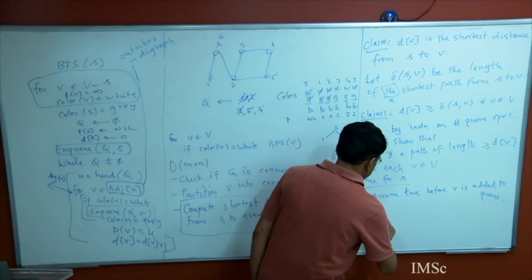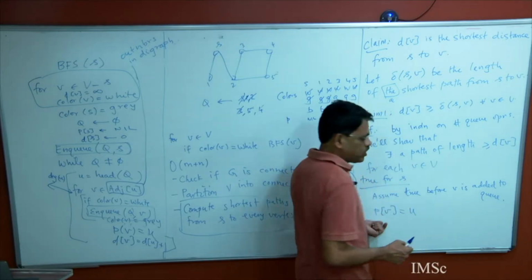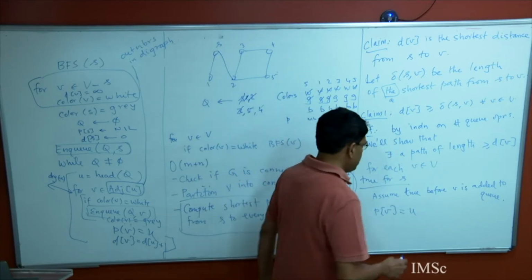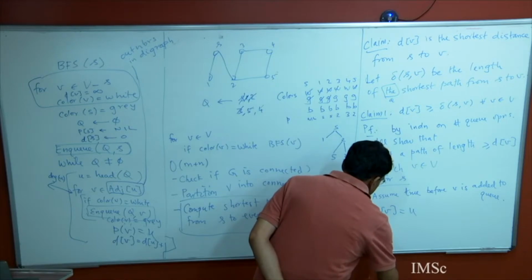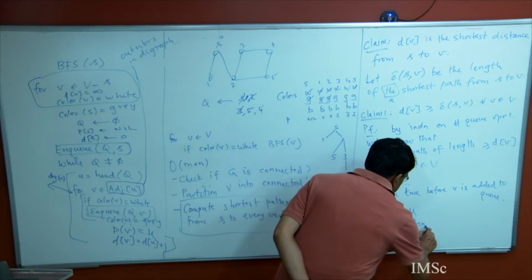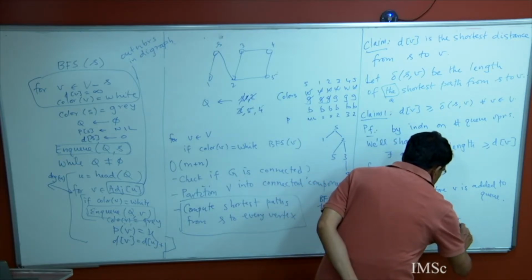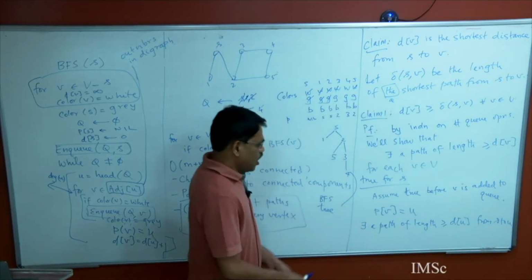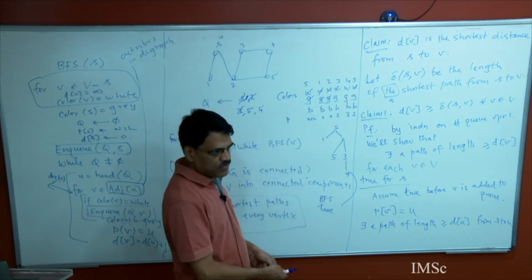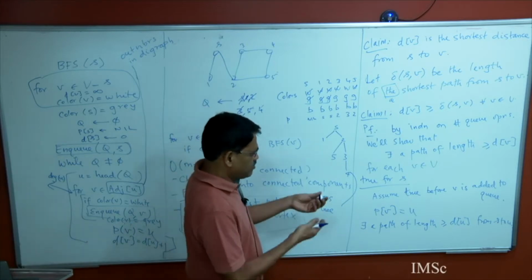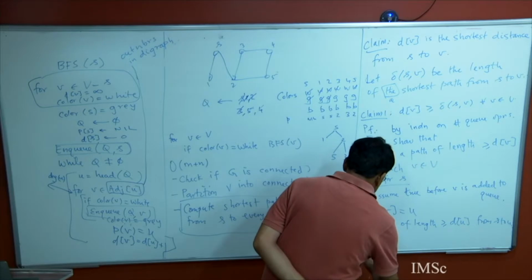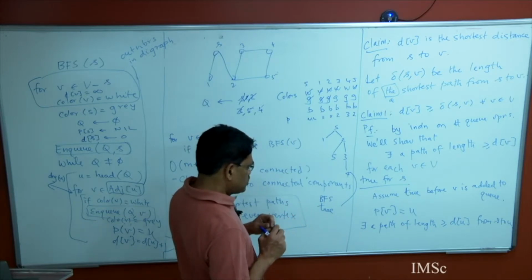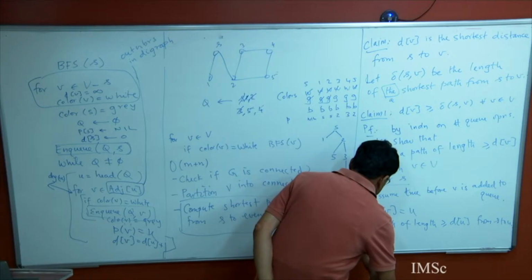And suppose P of V is U, right? V has been added to the queue because of a vertex U. So since at that time U was in the Q, by induction hypothesis, we know that there exists a path of length at least du from S to U, right? So now take that path and extend it to V, because V is a neighbor of U. And so there is a path of length at least du plus 1, right? Because V has been white. So extending that